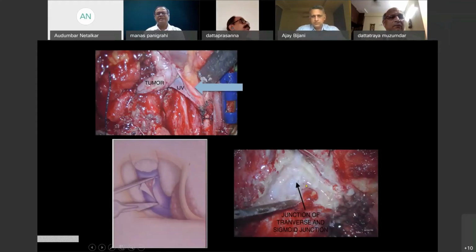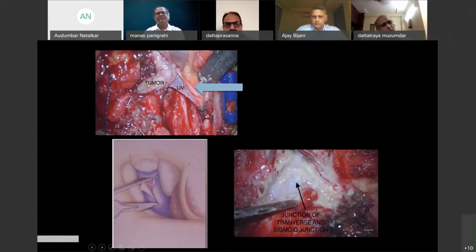After that, the jugular vein is opened up in the neck and the tumor is delivered out of the jugular vein. If one remains within the walls of the jugular vein, the chances of damaging the lower cranial nerves surrounding it are less. So post-operative worsening of cranial nerve function is less. So this is how the lower pole of the tumor is delivered.